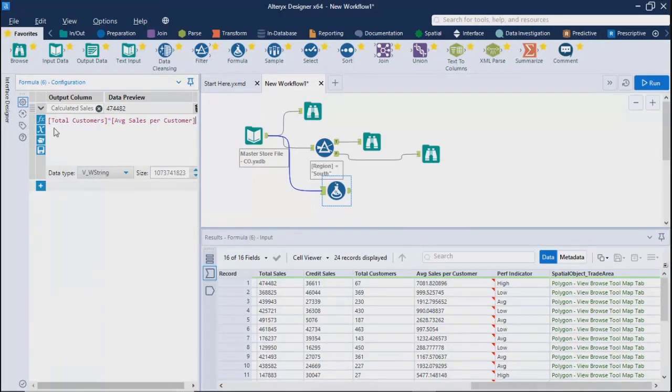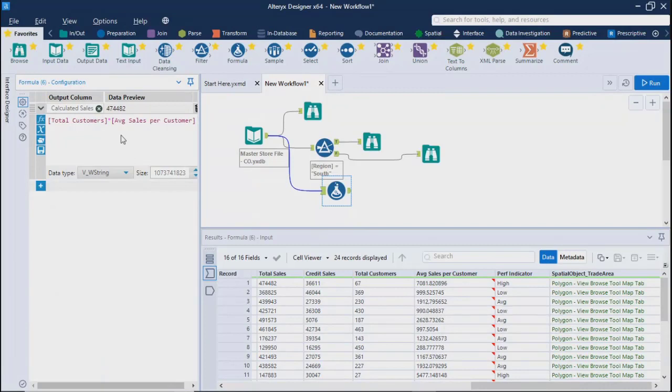Now, as of now, the multiplication shows your data type as V_WString. If you're multiplying two numbers, what data type should it be? Any idea? If it's numeric values, of course. Right, it should be a numerical value, and most probably the data type should be either decimal or float, because over here your average sales per customer is a decimal number. Correct?